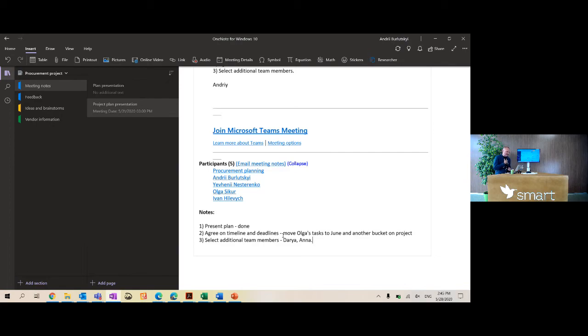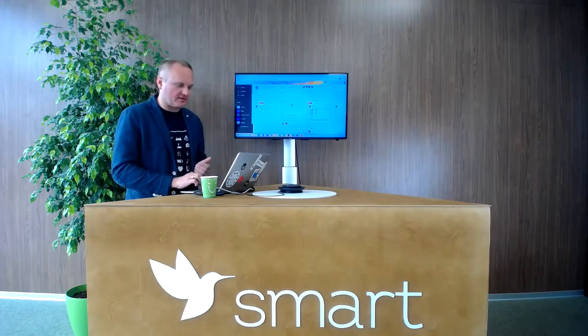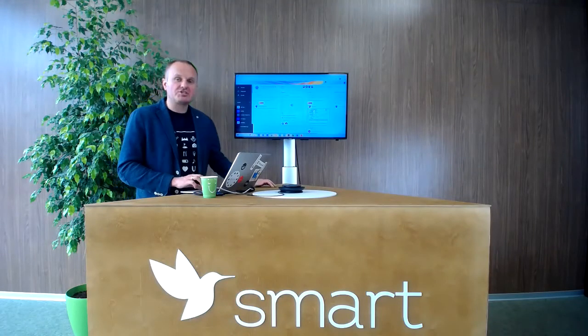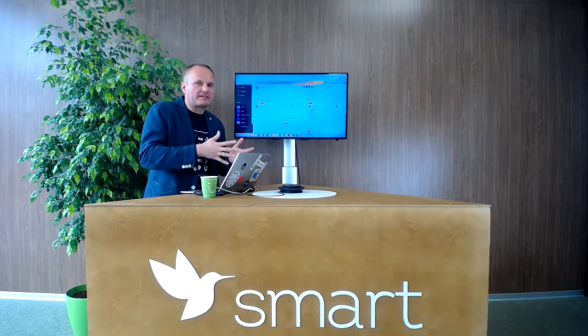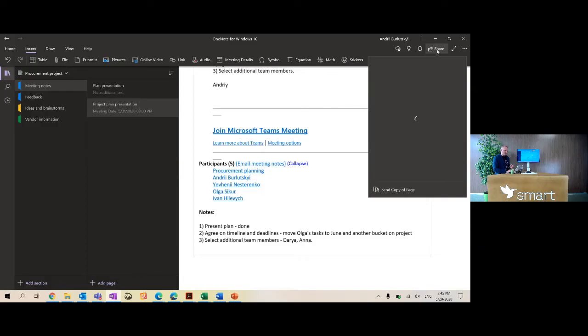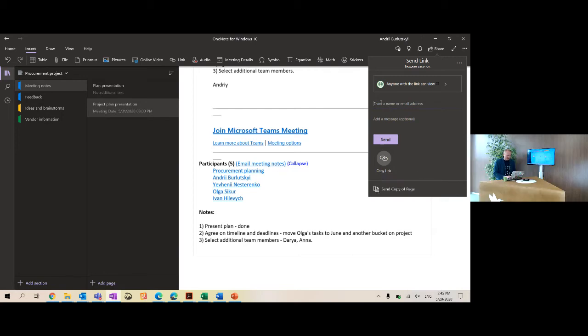But what I can do right now, after meeting notes that I did, I can share. You see on the top right, I can share those meeting notes with people, for example, who are not part of our project management team, of project team. I can click share, send a copy of the page here, or share the meeting notes by email. For example,